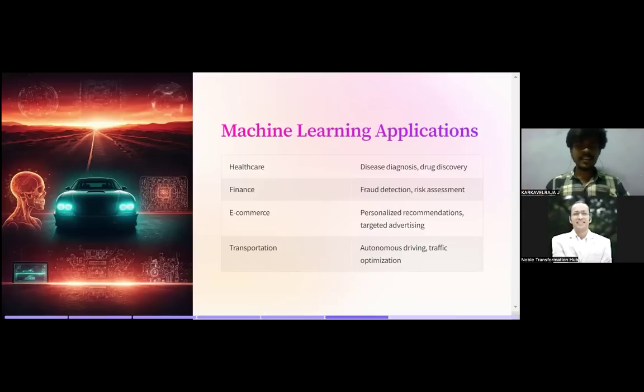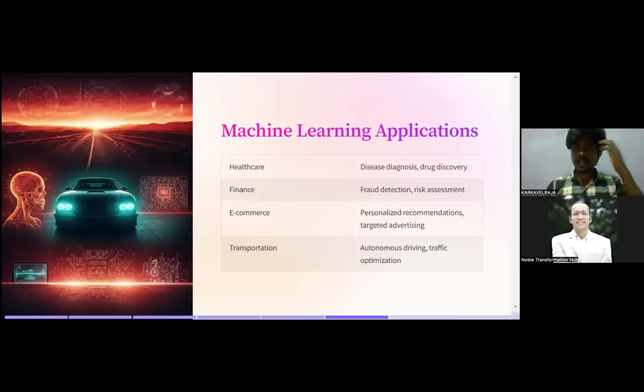So let's see what the applications of machine learning are. These things we already know about. In healthcare, it will diagnose some diseases, with proactive methods, and discover new drugs based on combinations and permutations from historical data. For finance, it is able to perform fraud detection, risk assessment, and risk mitigation. And for e-commerce, it will create personalized recommendations.